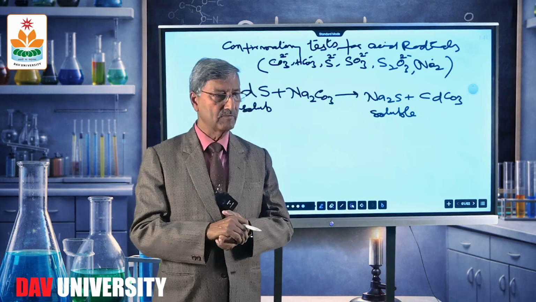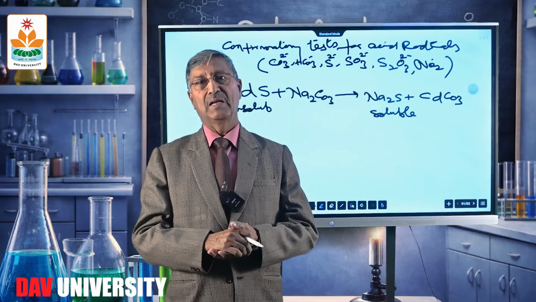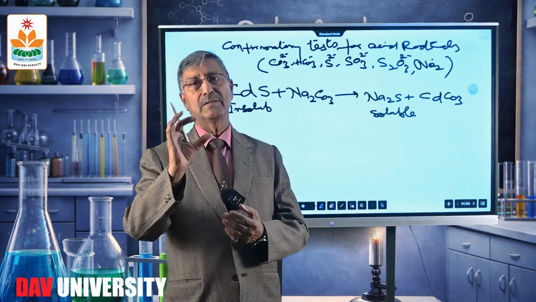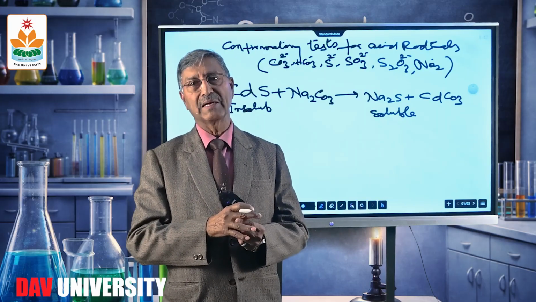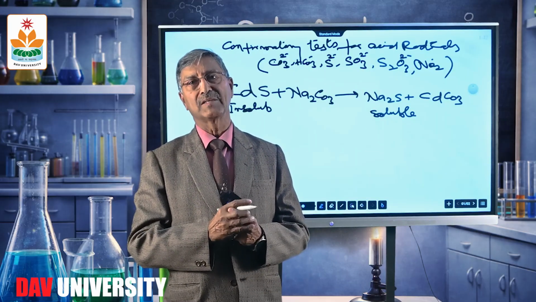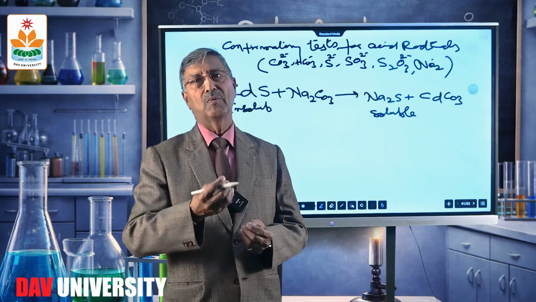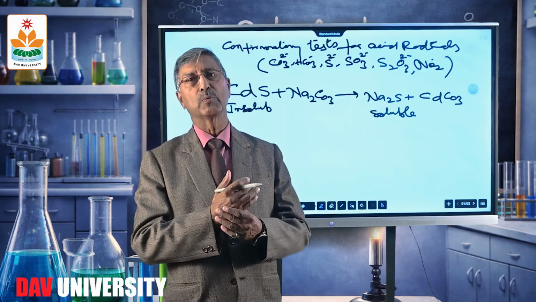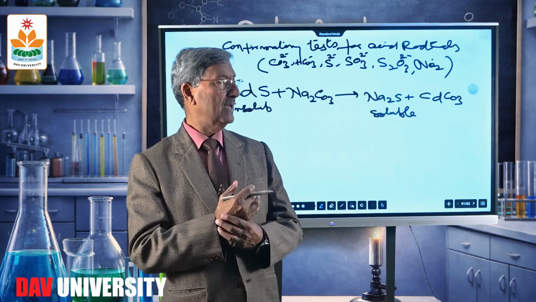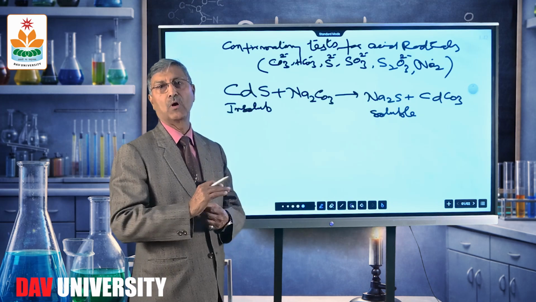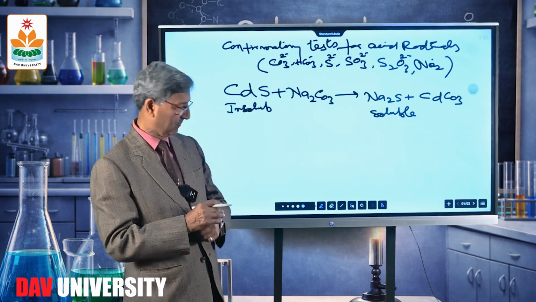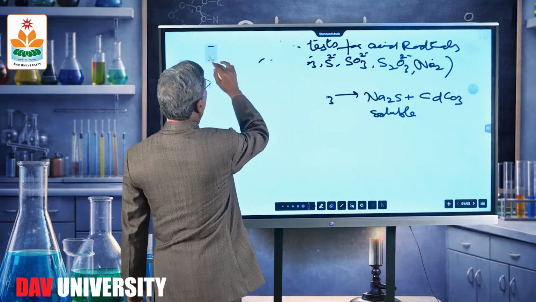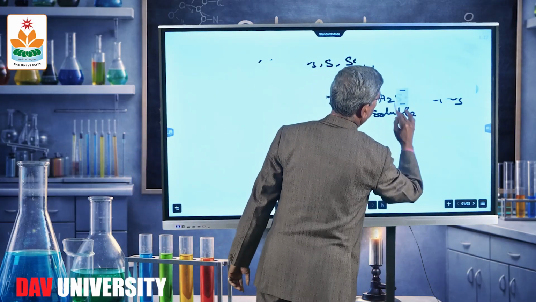So usually, whenever we use sodium carbonate extract as a solution for performing the confirmatory tests, we acidify that 1 or 2 milliliter of sodium carbonate extract with dilute acetic acid usually, and sometimes with dilute HNO3 also. We heat for some time, boil a little, so as to decompose the undecomposed carbonates there. Then that solution becomes ready for performing various tests. Now, this was basically the solution which we require while performing the confirmatory tests.